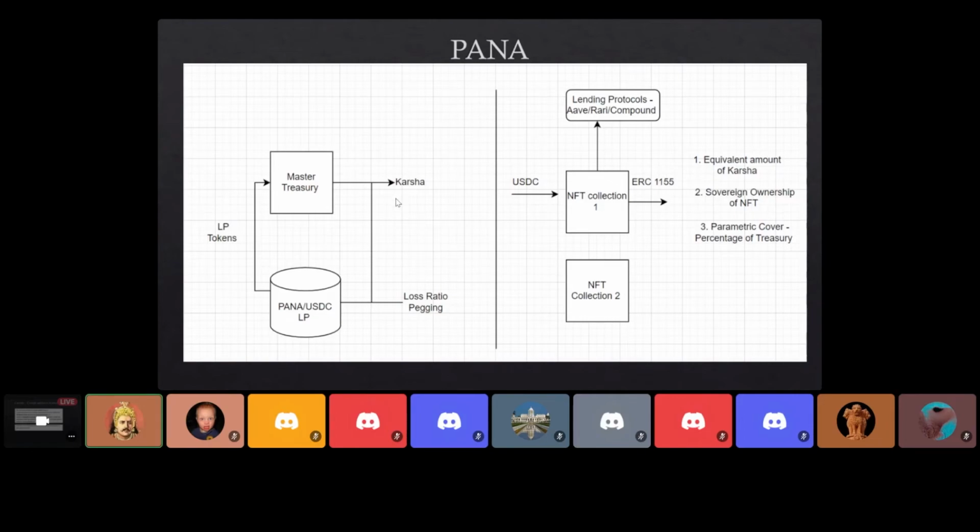At the outset, this master treasury section might be considered just another Olympus fork. But we are doing this exactly to support the assurance NFT phenomenon. As we were seeing earlier, there was a requirement for backup capital or SCR, wherein the heavy investors were investing in the pools and taking the risks to invest in those pools. But what we are trying to do is use this master treasury.